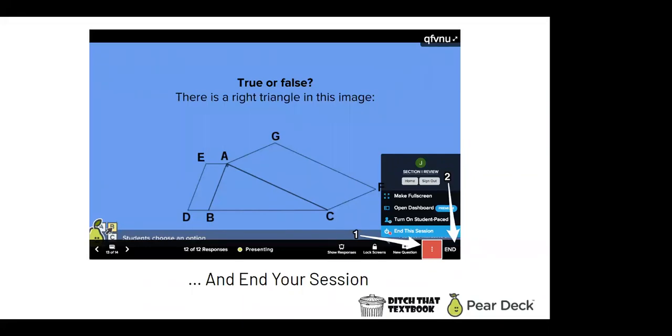This is where you go to Flipgrid. If you're not familiar with Flipgrid, it's a video response tool. You as the teacher create a kind of like a prompt or a topic, and then students respond with short video clips. So imagine you're doing your Pear Deck presentation, students are flipping through the slides,